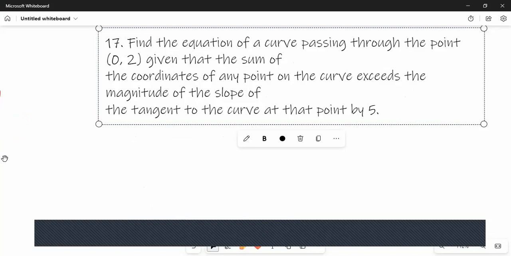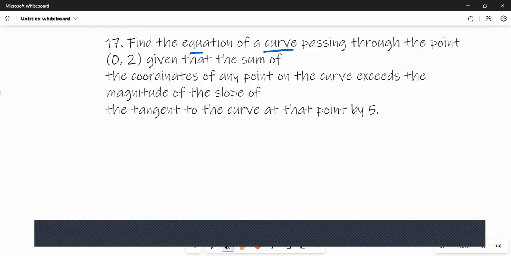Find the equation of a curve. So again, the same way, you need to find the equation of a curve passing through the point. This time they have given the point 0, 2. Given that the sum of the coordinates, so these are the two coordinates, right? They are saying that the sum of these two coordinates, which is 0 plus 2 is 2, of any point on the curve exceeds the magnitude of the